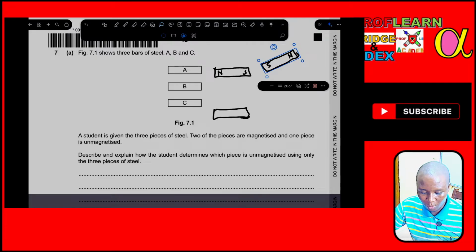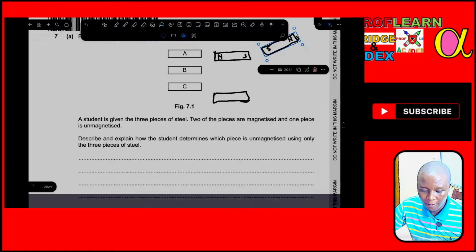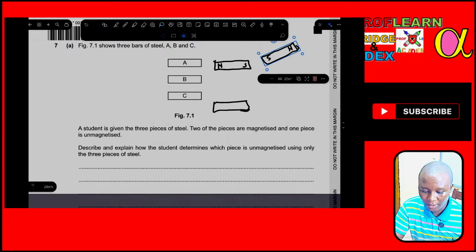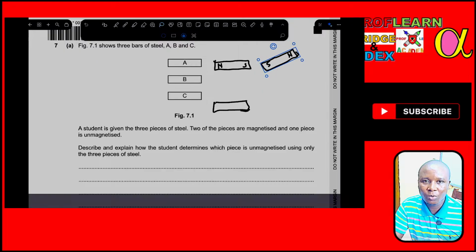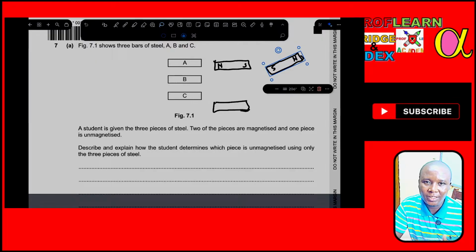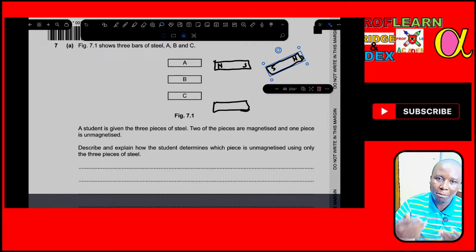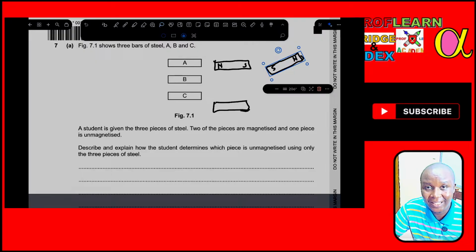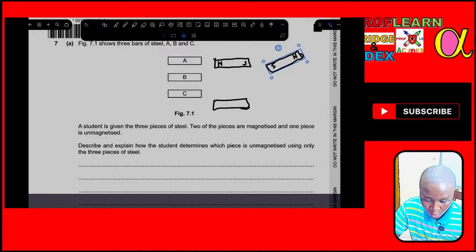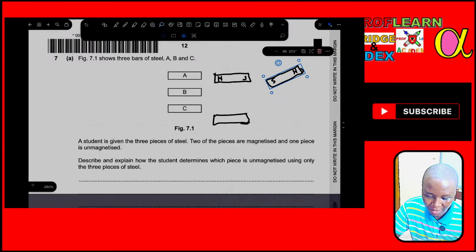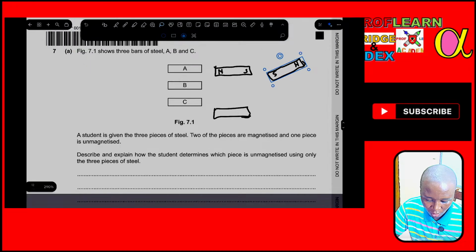So in this particular question, you are supposed to explain and say that the student needs to bring each piece close to another piece and check whether there is attraction or repulsion. So if there is attraction at both ends, it means that is a magnetic material. But if one side is attracted and the other one is repelled, it means that is a magnetized material. So you are going to write that, and I believe you have understood exactly what you're going to do